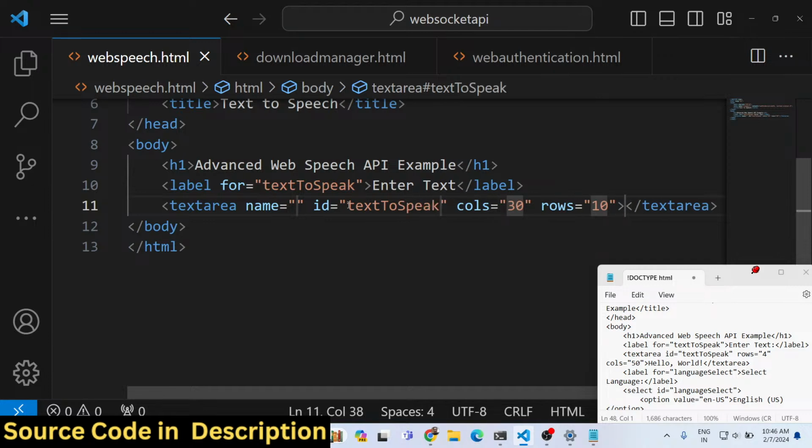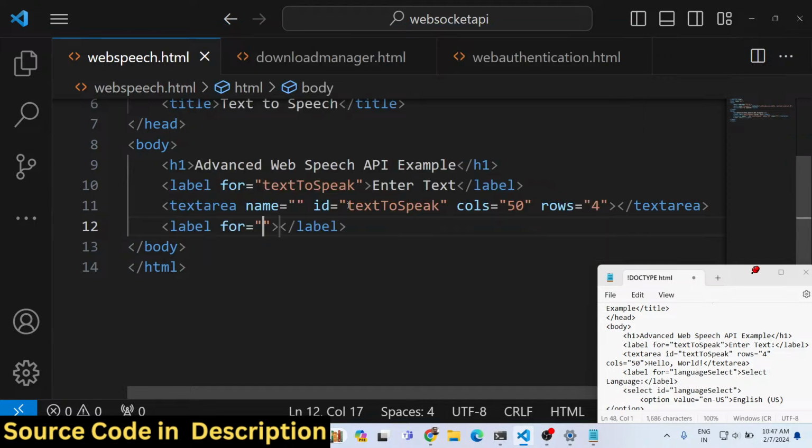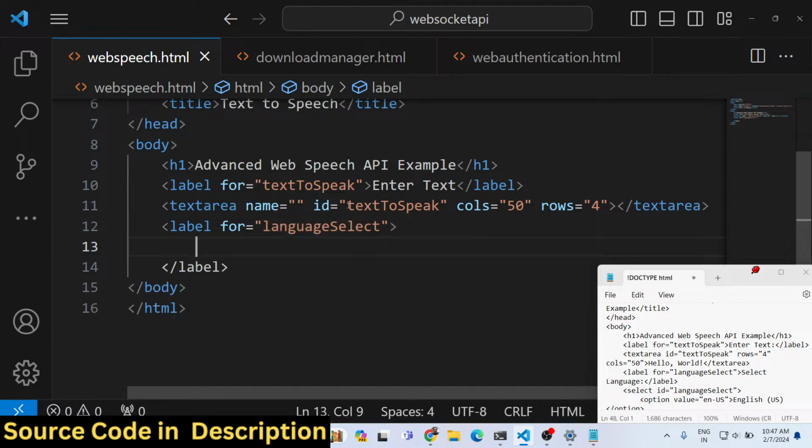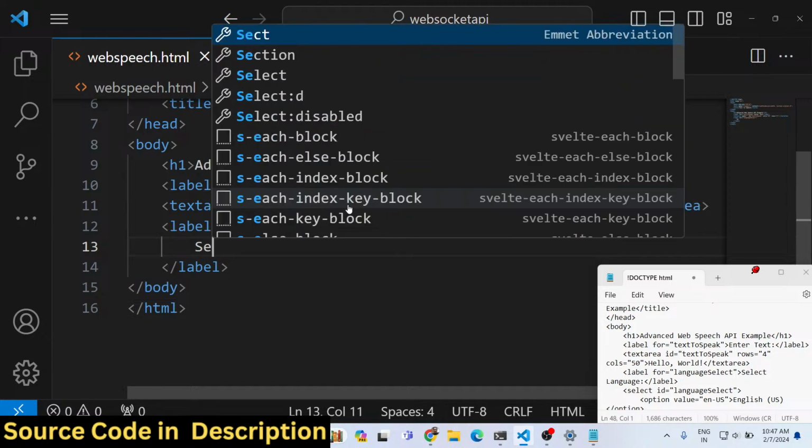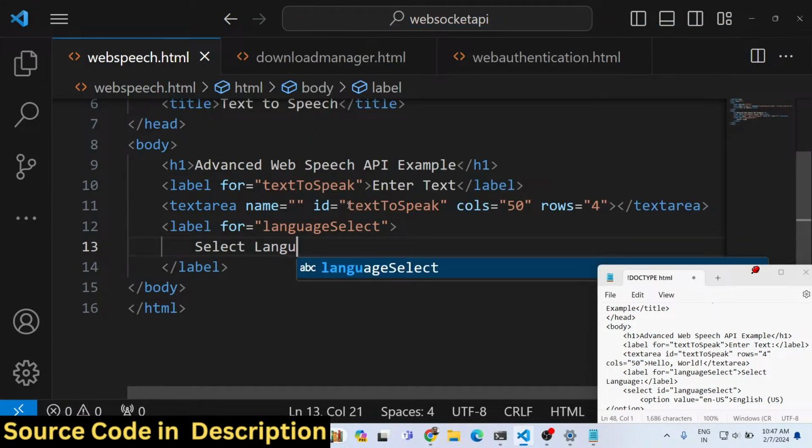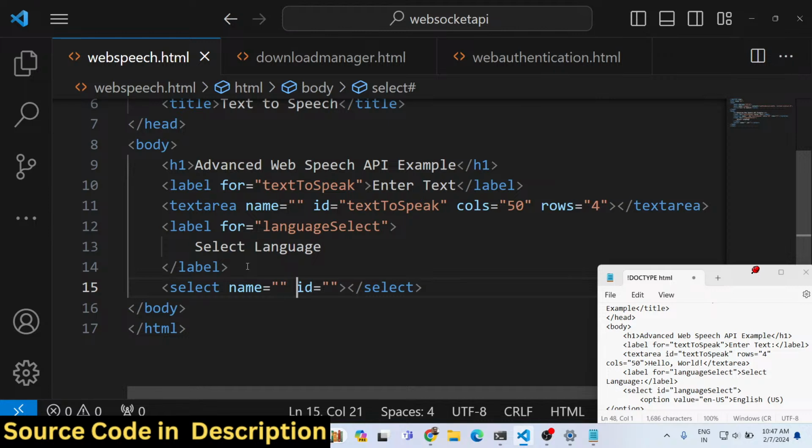So text to speak, we will give an ID, and rows will be 4, and columns, let's suppose I have 50 columns. So here the user will write something which needs to be spoken, and then we will have a drop down where we will allow the user to select the languages. So language select, and here we will simply say select the language. So after this, we will basically have our select field options. We will give it an ID here, which here you will basically select your language,